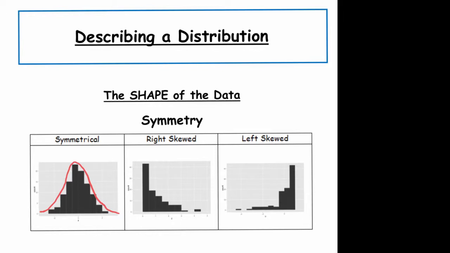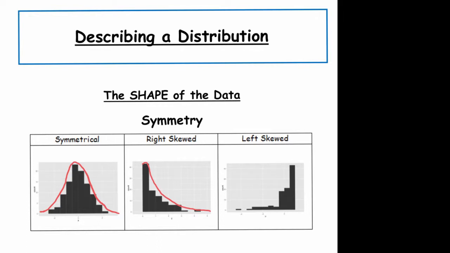The middle one, we see that we have a big bar, the peak at the left, and then it sort of tapers off to the right. And so this, again, if I were to draw my idealized curve, that would be something that I would describe as skewed right. Now, there's some confusion about why you'd say skewed right, even though the mound is to the left, but what you want to kind of imagine is that